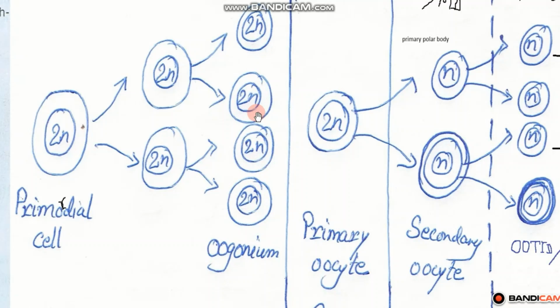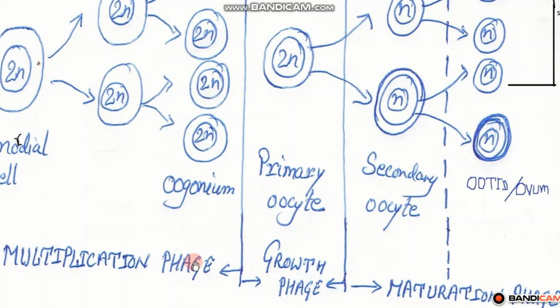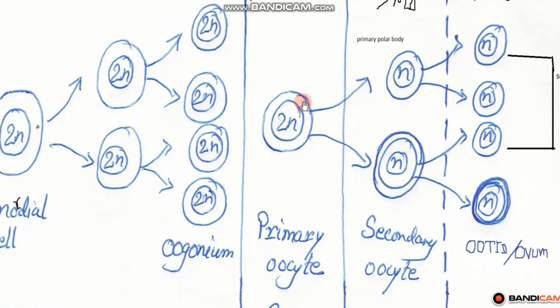It is premature, it is immature. So this cell needs to grow and become mature. So it enters the growth phase. After the multiplication phase, it will enter the growth phase, and in this stage, this will grow completely to form